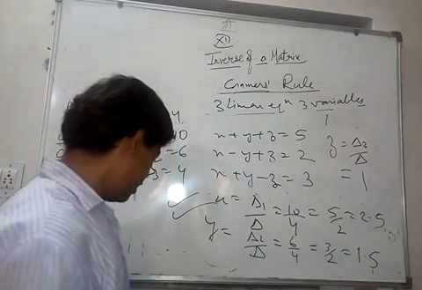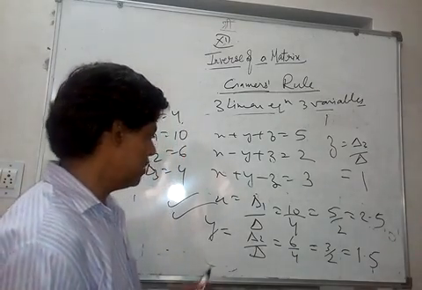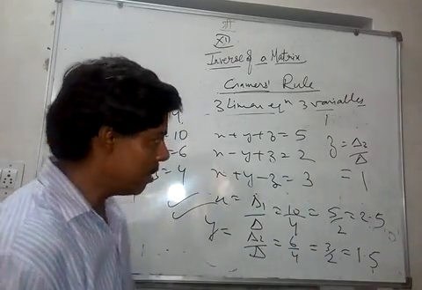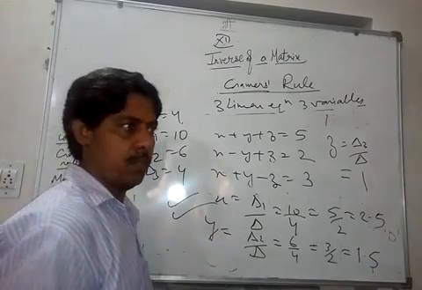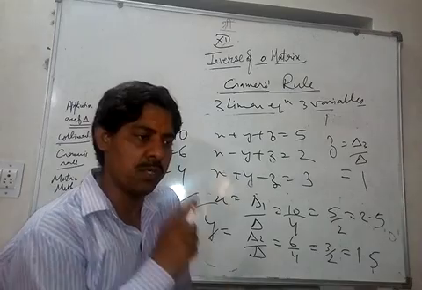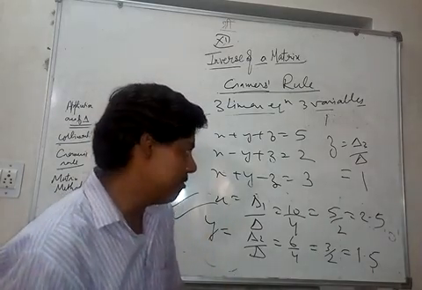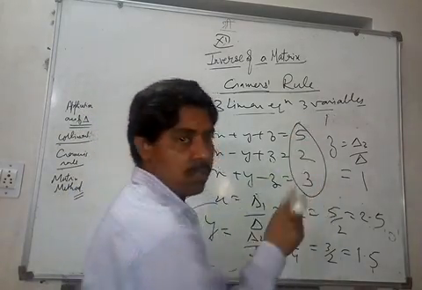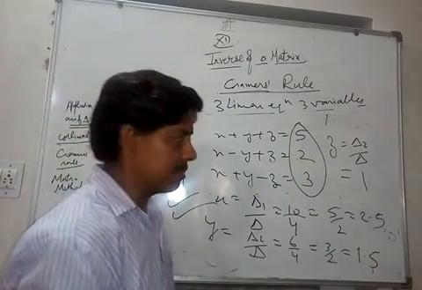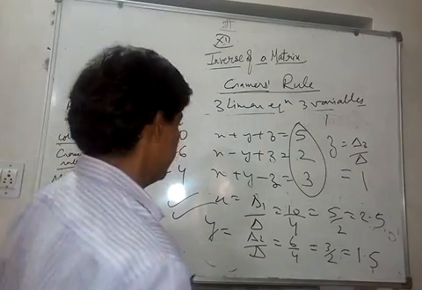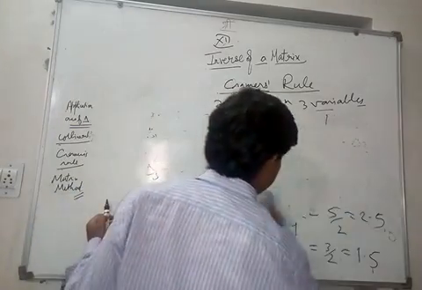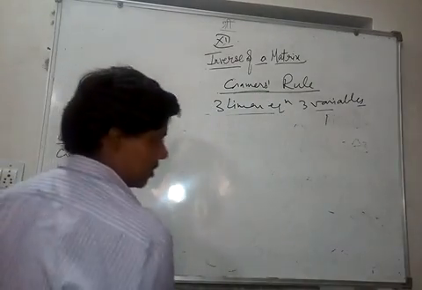So what are the important conclusions here? First, this is how you get x, y, and z. Another thing is delta should not be 0. If delta is 0, then you will have either infinitely many solutions or no solution. We are considering that d1, d2, d3 are also not 0, because if d1, d2, d3 are 0, then we get homogeneous equations, and for that the theory is a bit different. So I'll consider that equation in the next class, or I'll just write them in this class, and that's easy to understand what I meant by homogeneous equation.